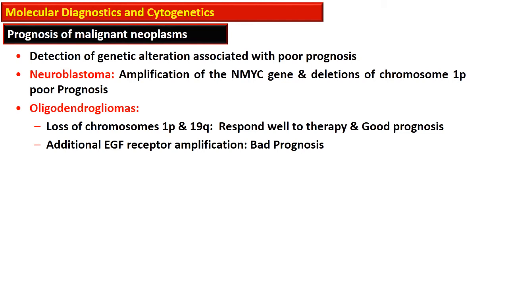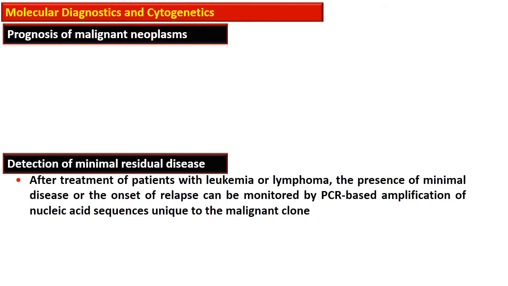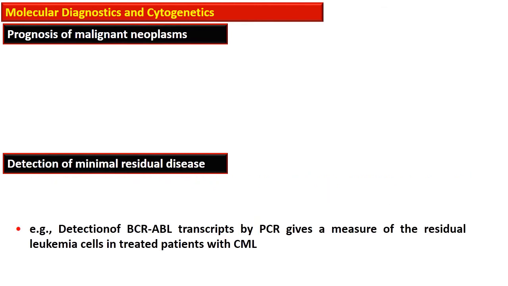Similarly, the additional EGF receptor amplification is associated with a bad prognosis. The molecular diagnostics are also used for the detection of minimal residual disease after the treatment of the patient with leukemia or lymphoma, and it's frequently used for the monitoring of the disease, such as the detection of BCR-ABL transcript by PCR gives a measure of the residual leukemia cells in treated patients